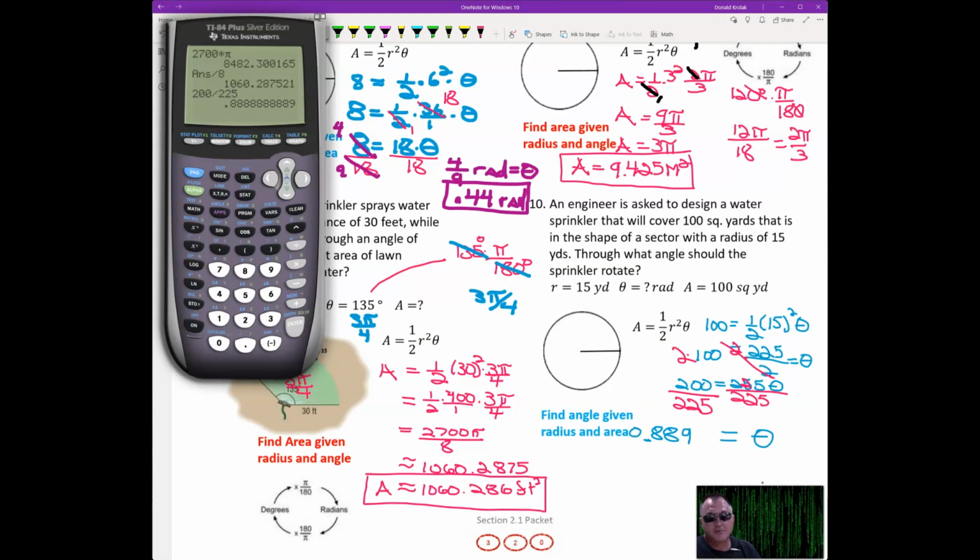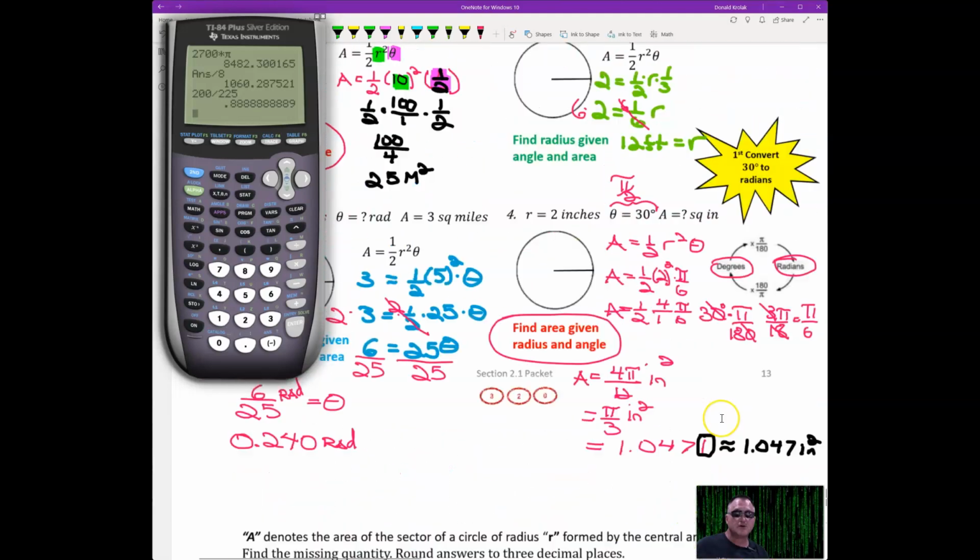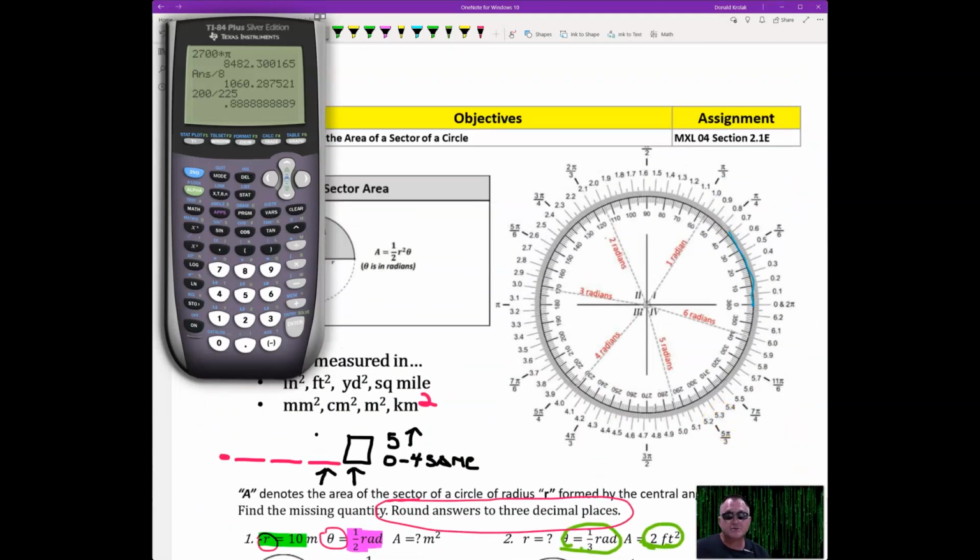And we're talking about radians, so that's almost 1 radian. Remember, a radian. So there's 0.889. All right, you should be able to go ahead now and do Math Excel